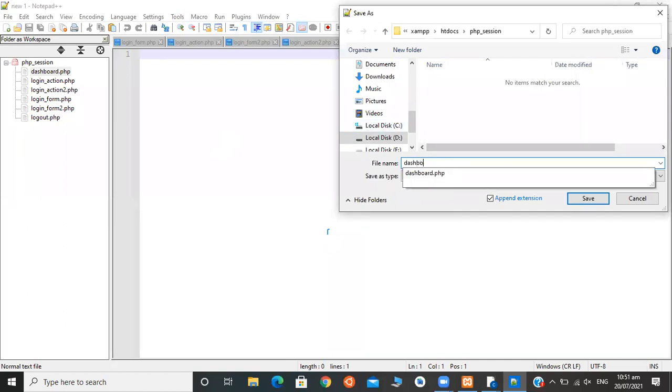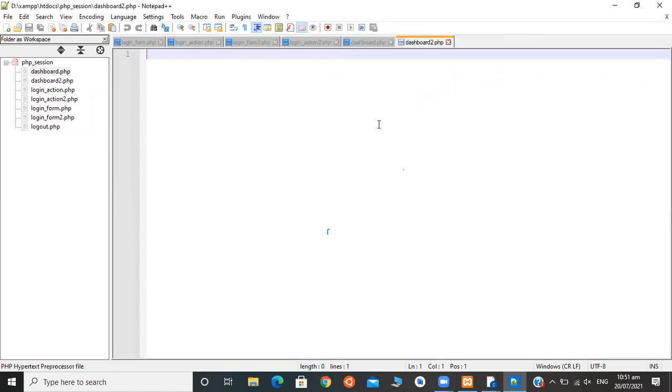Dashboard 2.php. Save it. So what we are going to do here on the dashboard is print any message.